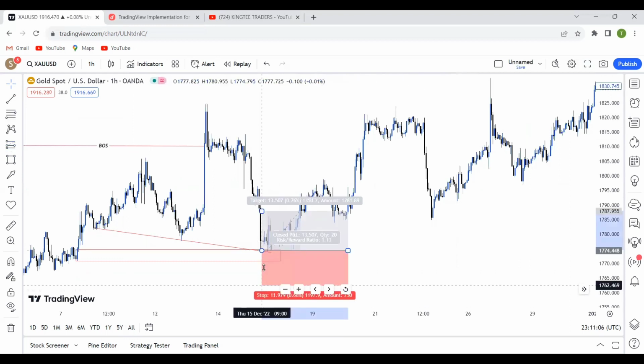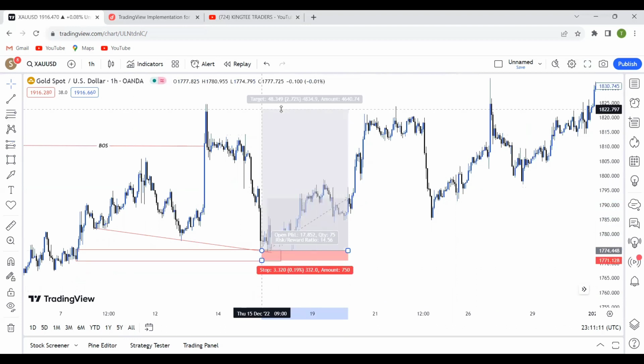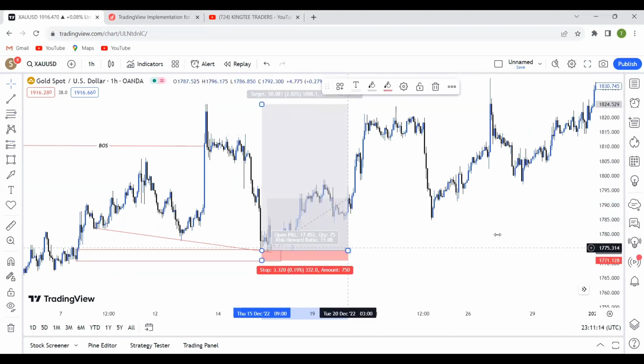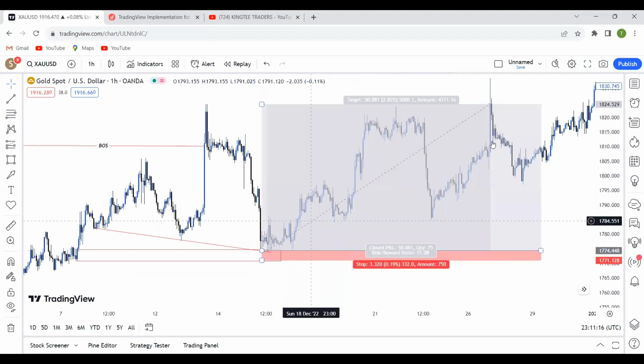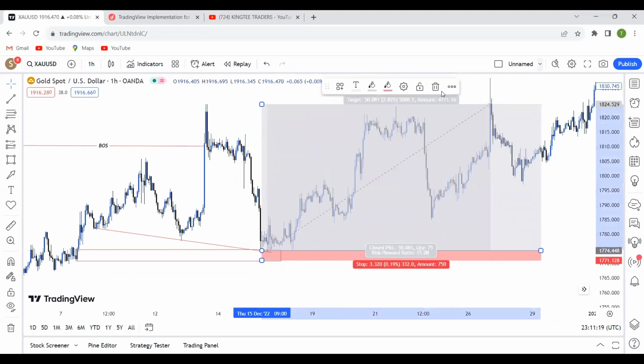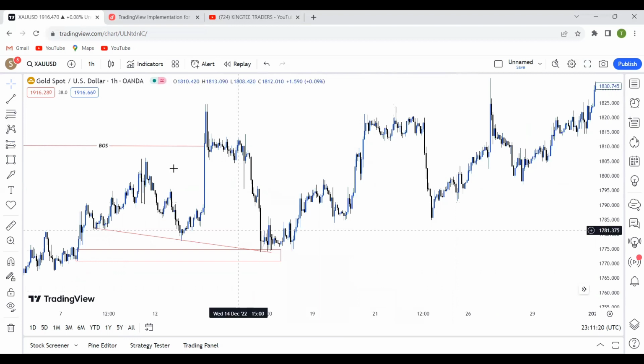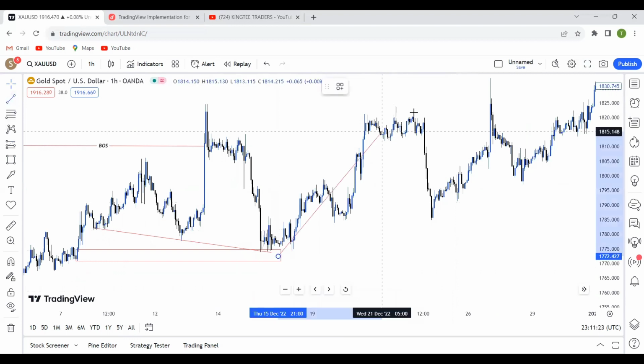Then you put your stop loss below your order block, and your take profit should be your next high. This is our take profit. See, the market moved up and reached our take profit. Let me remove this. Now I want us to focus on this trend, the trend that formed